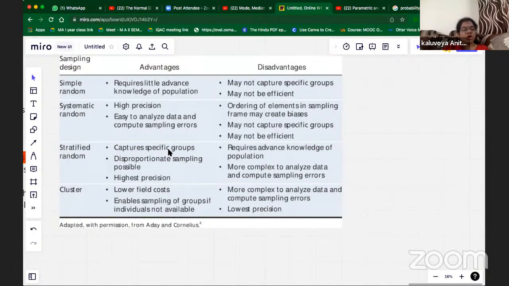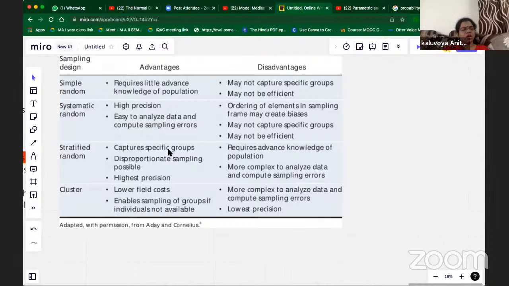As I told you, if I say people who read newspapers, now all those who don't read newspapers cannot fall into my category. I can't do a random sampling with the people when I'm looking at specific readers of business news, specific readers of